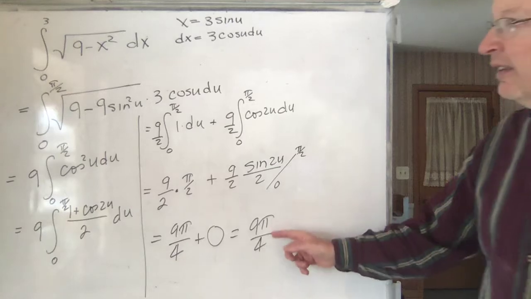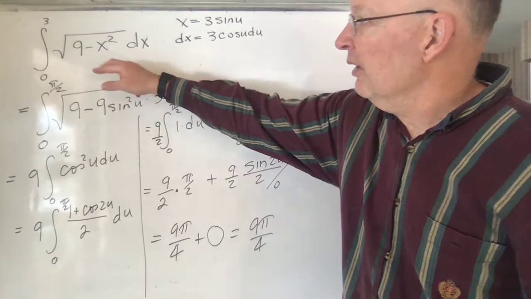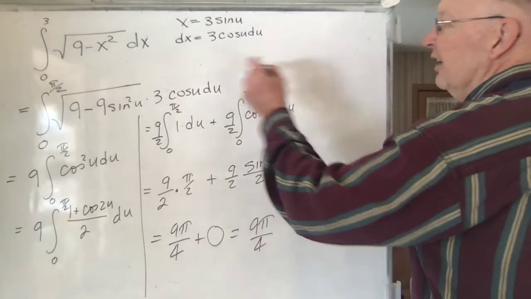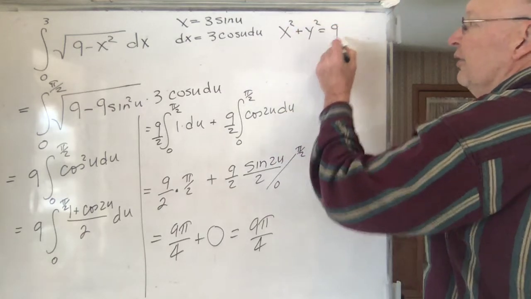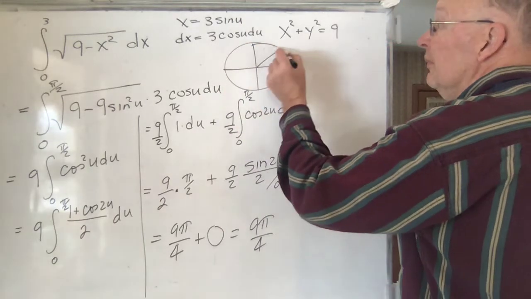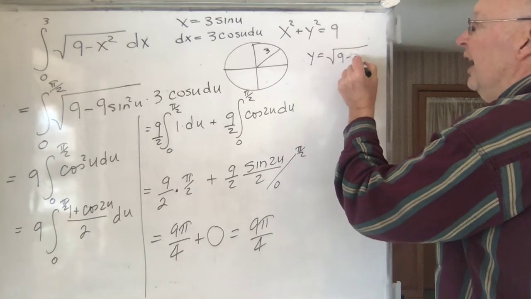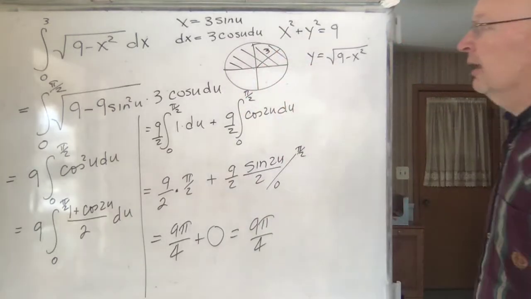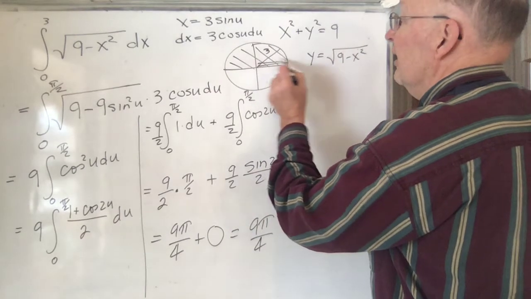Here's my question. Could you have guessed that was the answer? Or I shouldn't say guess. Could you have gained that was the answer? Look at this function right here. This is the function you get by starting with the equation of a circle. See there? There's the equation of a circle with radius 3 right there. And if you solve this for y, you get the square root of 9 minus x squared. That gives you the top half right there. And if you integrate it just from 0 to 3, then you're getting just the first